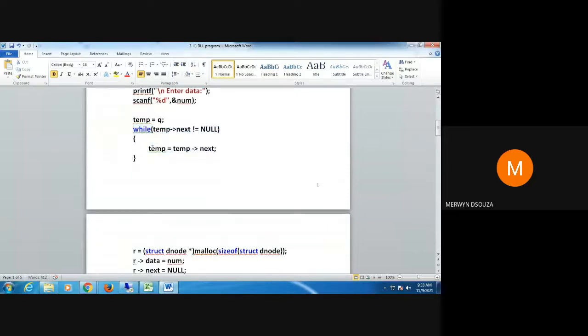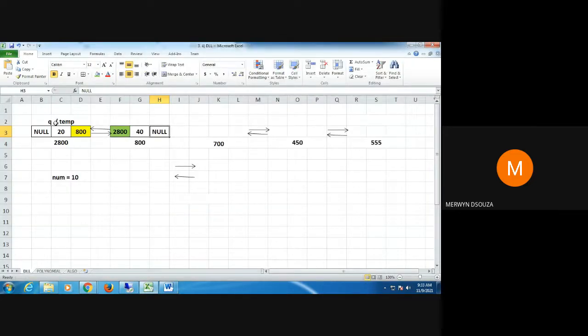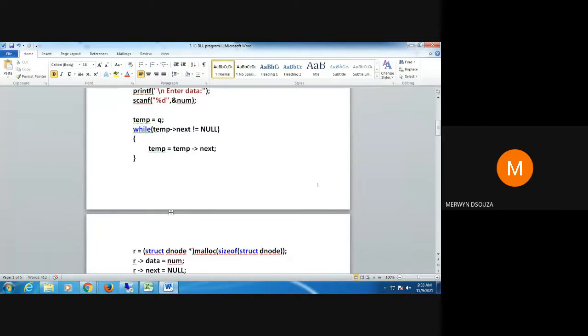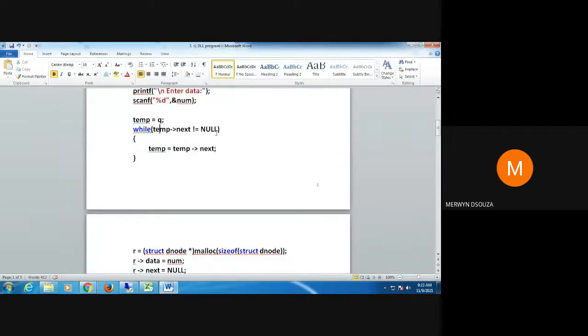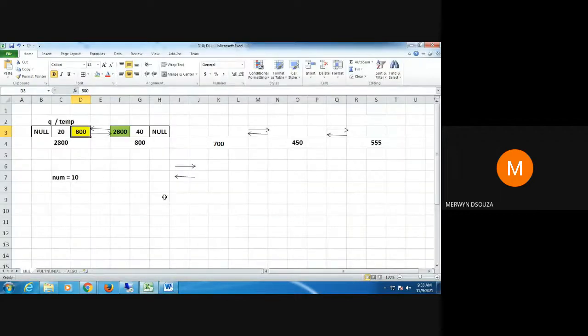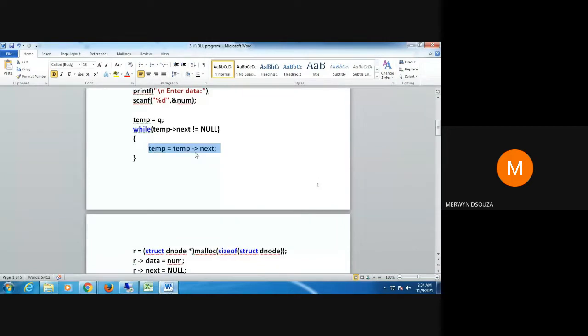So this is actually shifting temp till it reaches the last node. Now you can see in the diagram we are not at the last node with temp, so we need to shift it. Let's run the code and see how it works. What is the value of temp arrow next now in the diagram? Temp arrow next value is 800, which is not equal to null. Therefore, we execute this. So when you execute this, what happens to temp? Temp gets shifted. I've already spoken about how temp gets shifted when we were doing the singly linked list, so I'm not going to explain it again. I hope you'll have revised it.